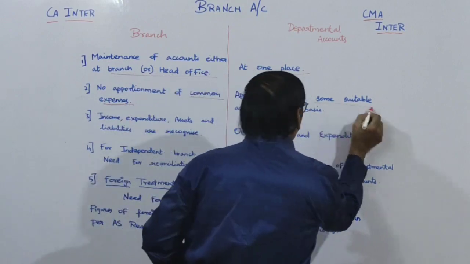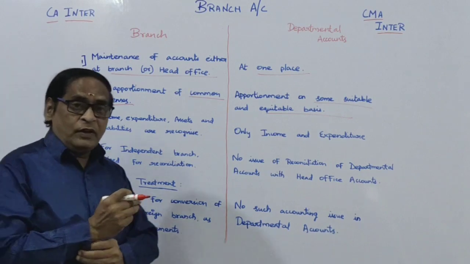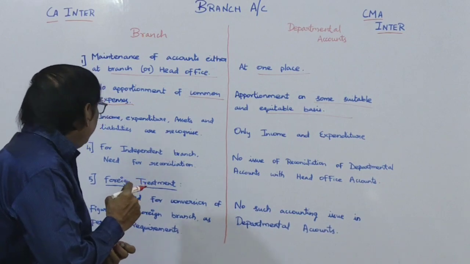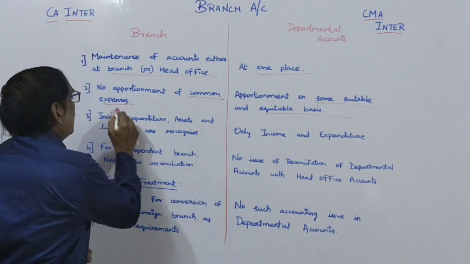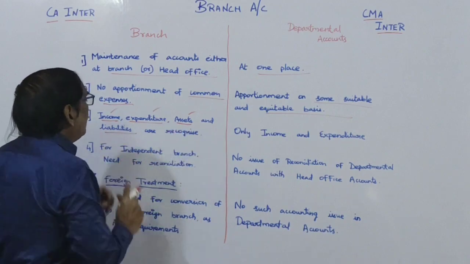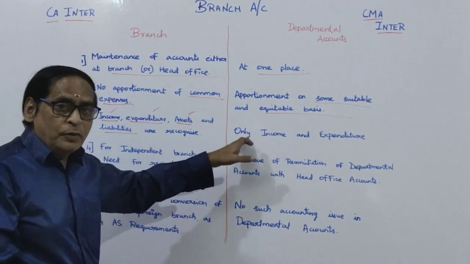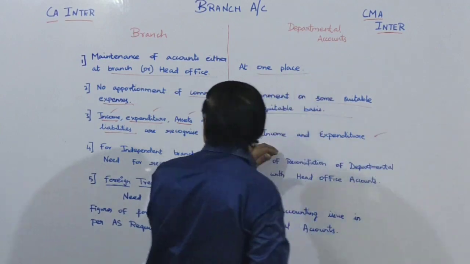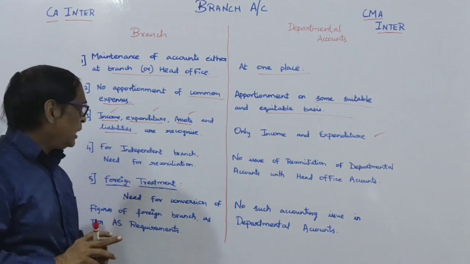We had already explained each and everything here. And then this also you have to bear in mind: income and expenditure. First of all, you should know there are 4 types of transactions we have to recognize in case of branches. What are the 4 types? Income, expenditure, assets and liabilities. These 4 are recognized in each and every branch, whereas in departmental accounts only income and expenditure are to be prepared. Understand? There is no need of recognition of income, expenditure, assets and liabilities in case of departmental accounts.